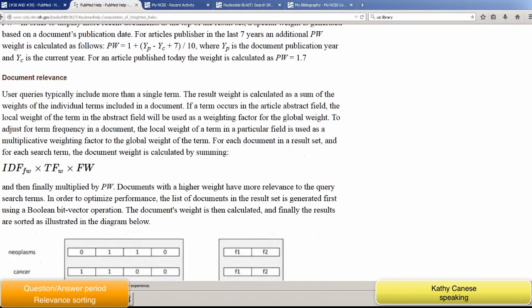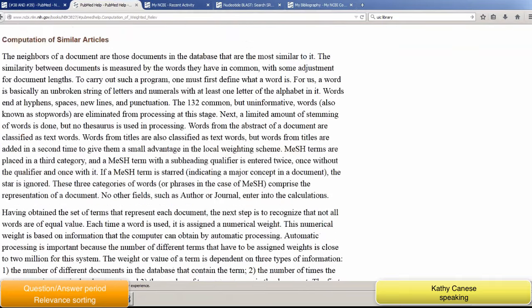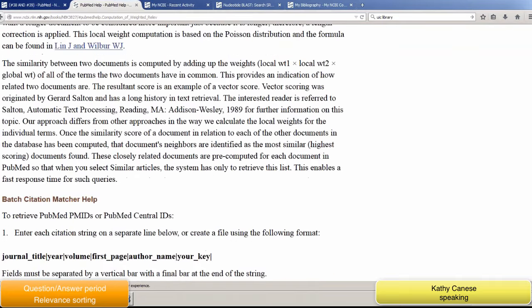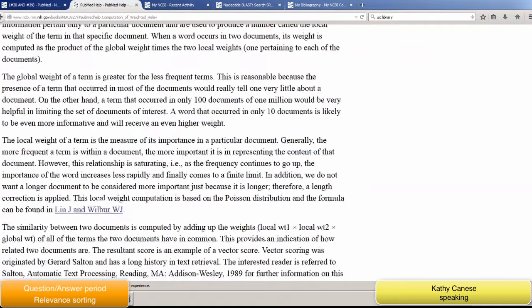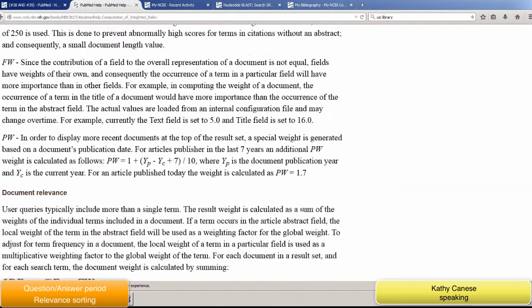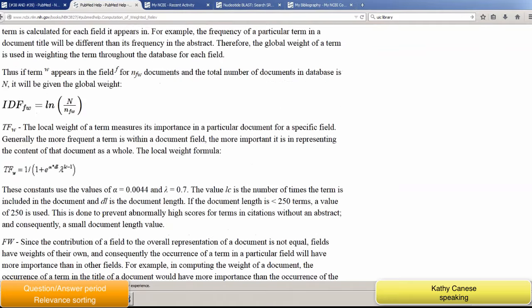And I believe there is not yet a link to the published article because it is not yet published, but the authors of this feature will publish this in the literature soon. So as soon as that link is available, I'll add it to the help. The other question was about